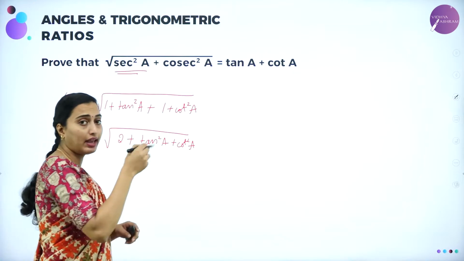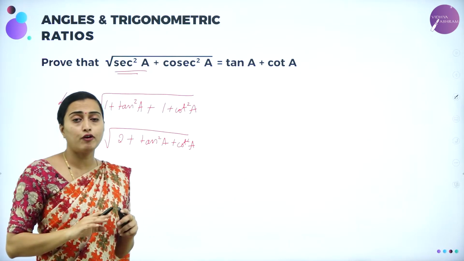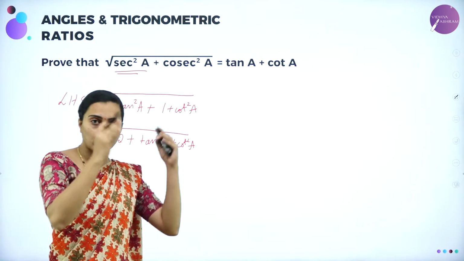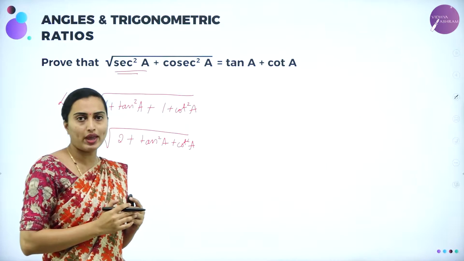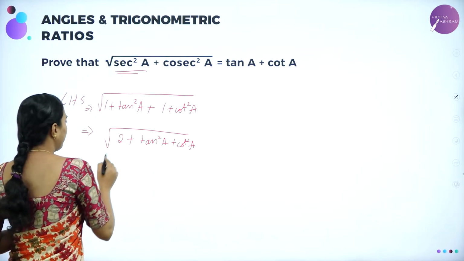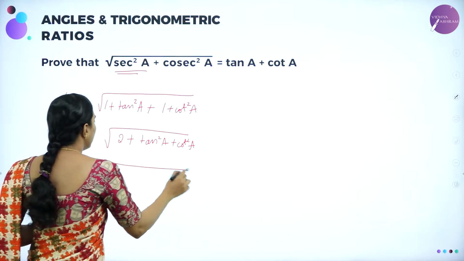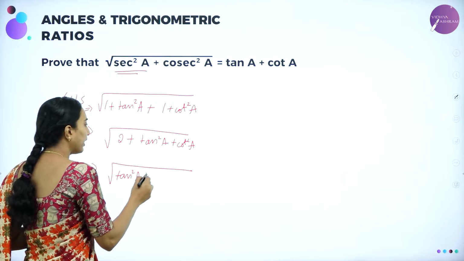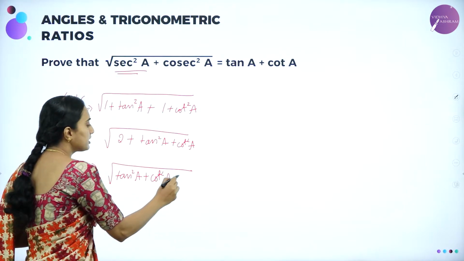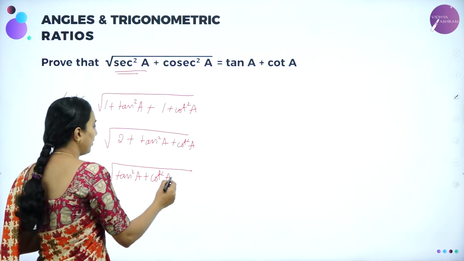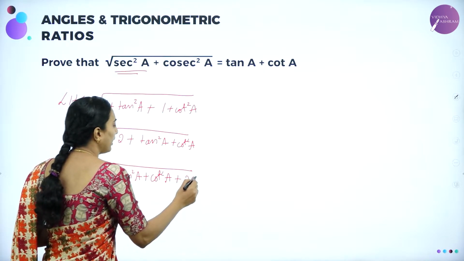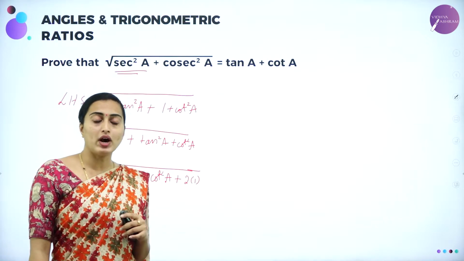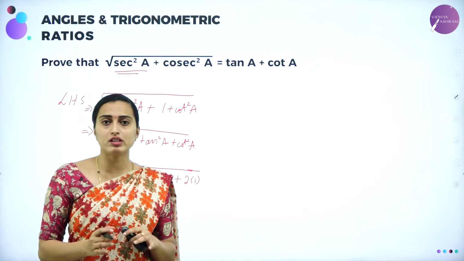And here students, don't cancel the root and the square there. It is not in the form of (tan squared A plus cot squared A) whole squared. When it is in the form of a whole square, then you can cancel the square root. Now here, tan squared A you have, but dears, you can observe that 2 can be written as follows. I am going to rewrite tan squared A plus cot squared A first, and then 2 into 1 I can write. But since it is in the form of tan and cot, I can make 1 in the form of tan and cot, which are the reciprocals of each other.